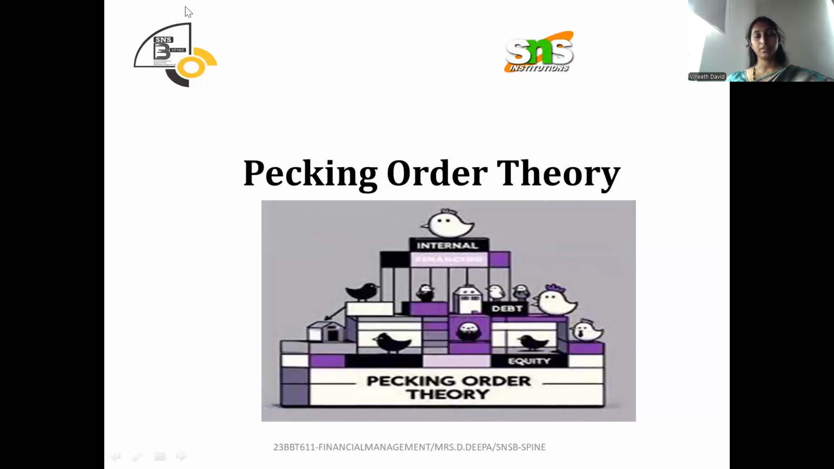Hello everyone. In this session, let us understand pecking order theory, which comes under the concept of capital structure. Basically, in financial management, capital structure is a very essential topic that every student has to know about. After gathering capital from different sources, how to structure it, in the sense of what proportion that capital should be